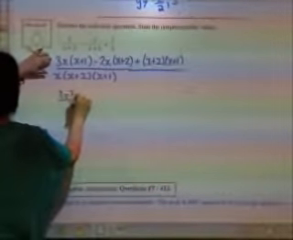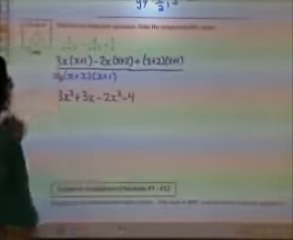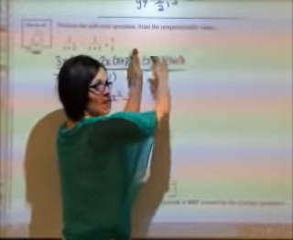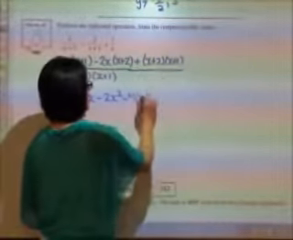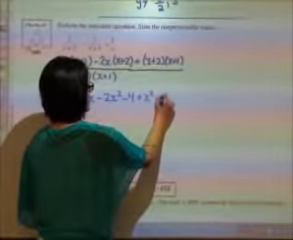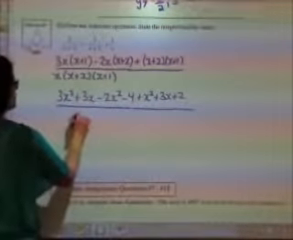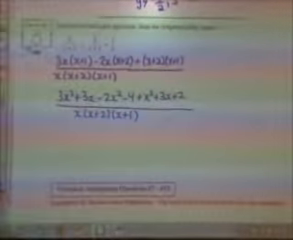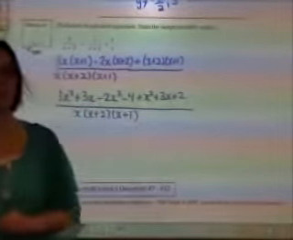So now if I remove my brackets, 3x squared plus 3x minus 2x squared minus 4x. And because this is adding, so I'm adding all of this, I don't need to put brackets in there. It's only when I'm subtracting that I'd want the brackets in. So if I multiply this out, I will get x squared plus 3x plus 2 all over x times x plus 2 times x plus 1. Collect my like terms. 3x squared minus 2x squared plus x squared